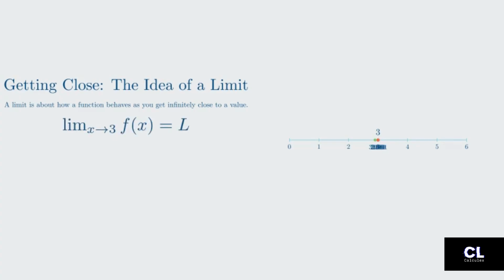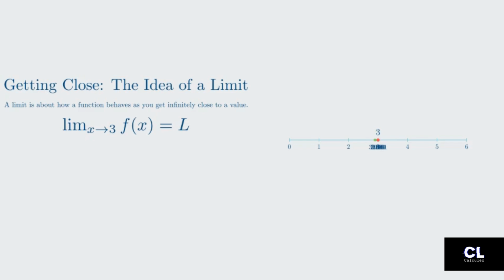This reads as the limit of f of x as x approaches 3 is L. It tells us that as our input x gets closer and closer to 3, our output f of x gets closer and closer to some value, which we call the limit, L. It's like looking at the train tracks. You can see they are converging to a point on the horizon, the limit, even though the train will never